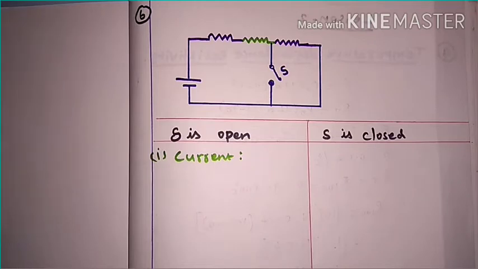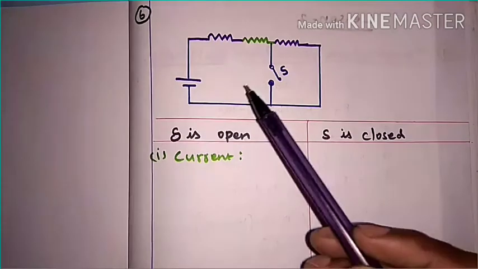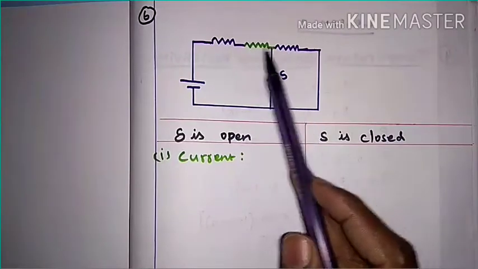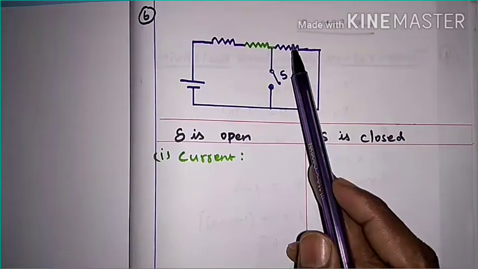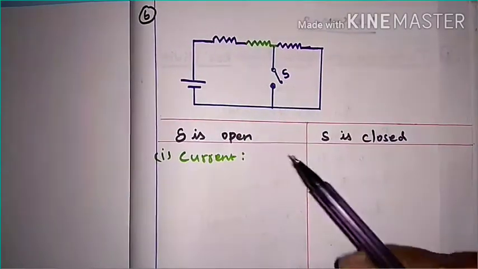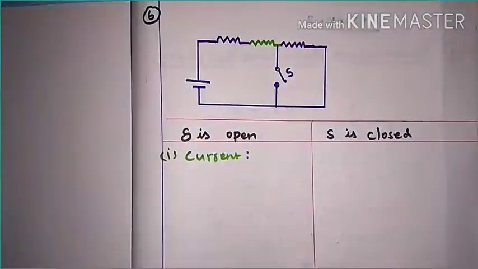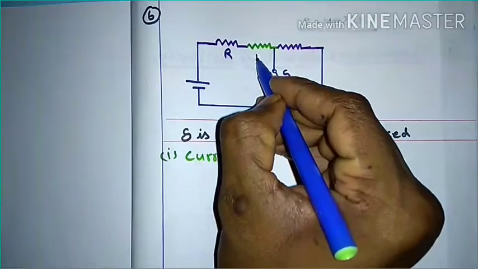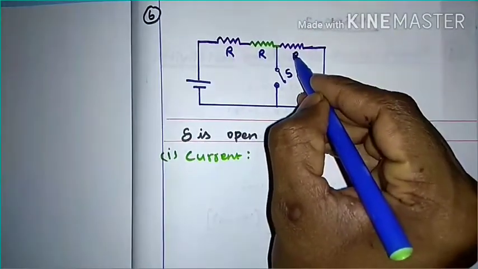But now I am drawing the diagram like this. I replaced the bulbs and put in resistances, because it was said that each bulb has a resistance. So each bulb has a resistance. Here the resistance of each bulb is the same, therefore that is R. It is also equal to R. It is also equal to R.